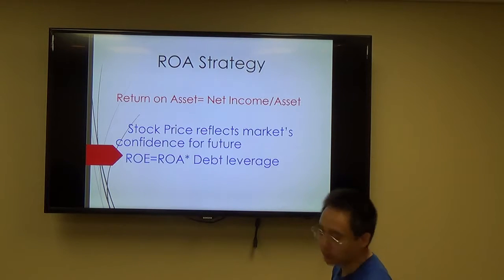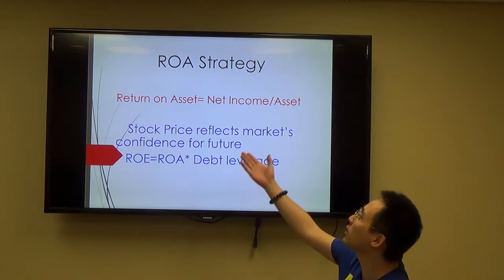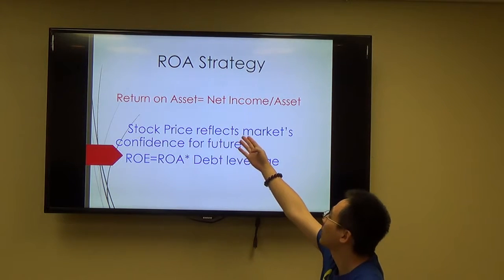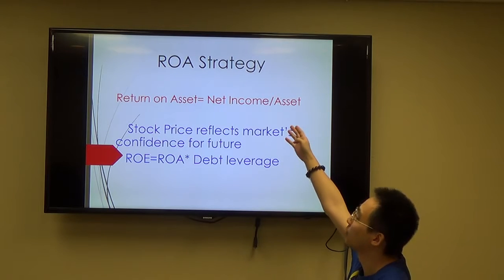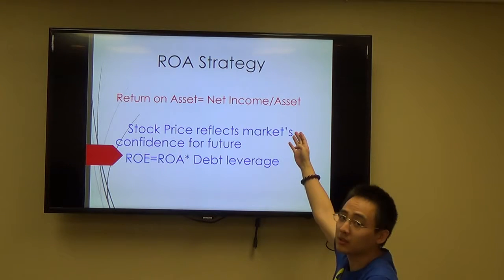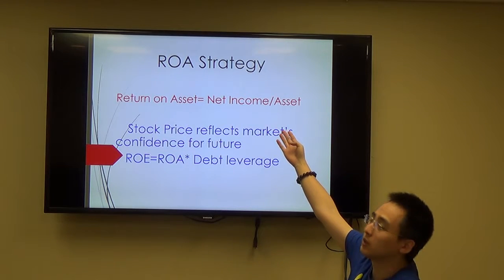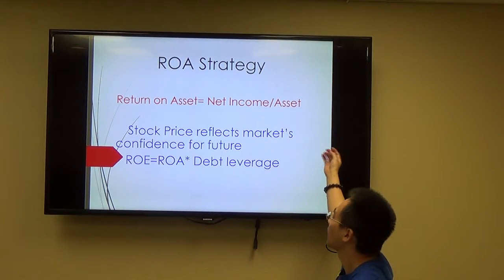For my investment strategy, I choose the ROE ratio strategy. The ROE means the return on assets, which is equal to net income for one year divided by the total asset in the book value. So why do I choose the ROE ratio for my investment strategy, and not the earnings per